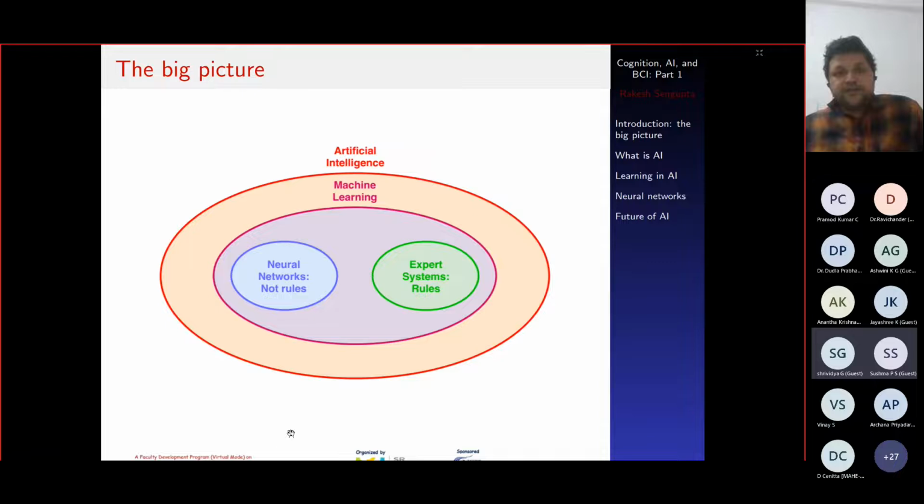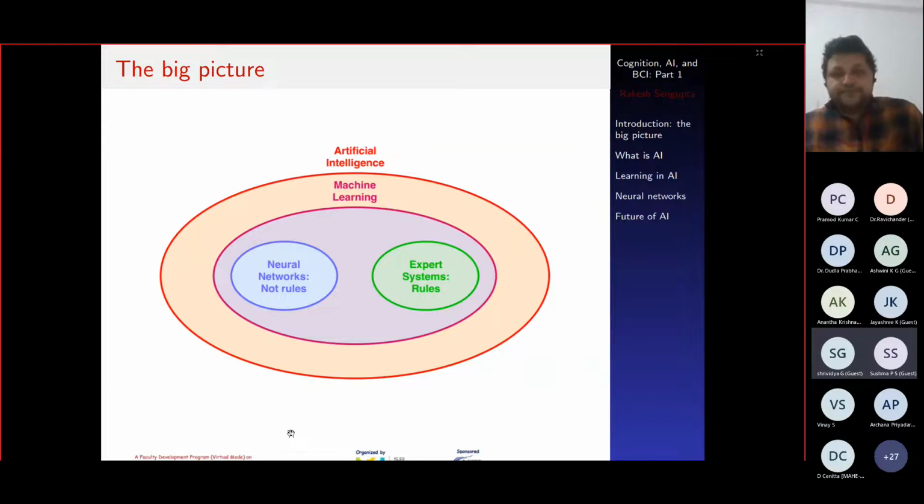Now, in fact, this part should be familiar to you from the previous lectures on AI. When we talk about the big picture, we have AI, we have machine learning, and part of machine learning can be done through neural networks and expert systems. I'm going to specifically focus in this lecture on this subset of machine learning that deals with neural networks,